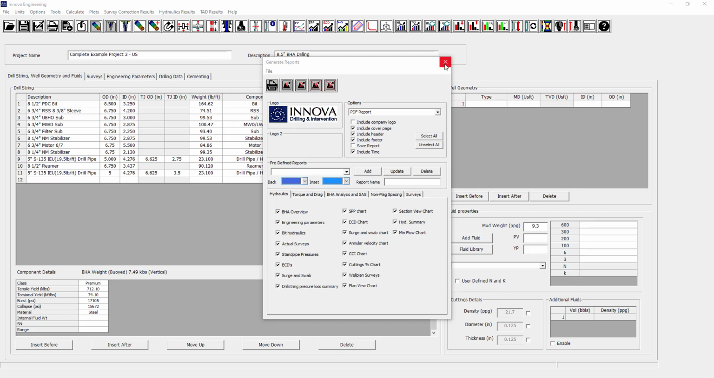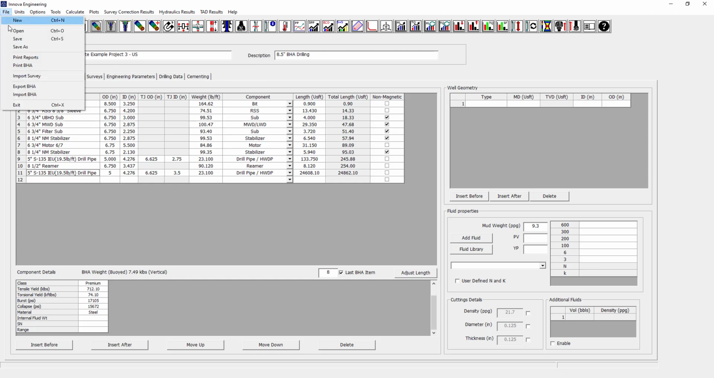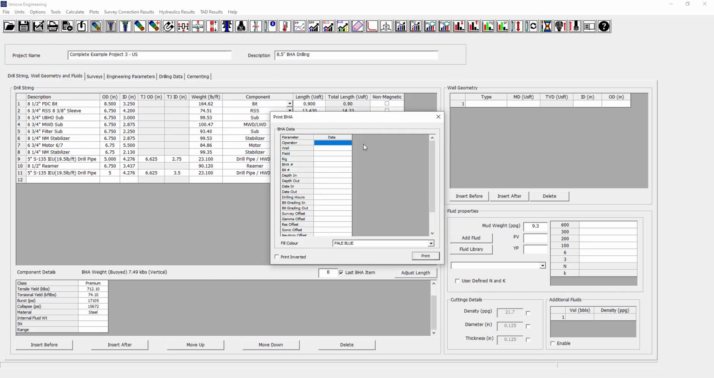And I can close my Report Manager, go back up to File and select Print BHA. This brings up the Print BHA window where you can fill in some extra details that will appear at the top of the report. I'm just going to fill these in now. So we start with the operator, the well, field, the rig. We've got the BHA number, the bit number, the depth in,